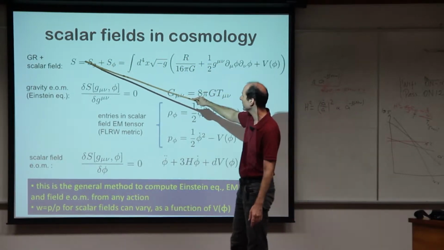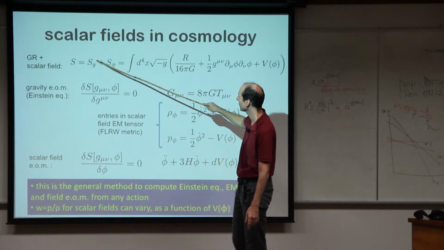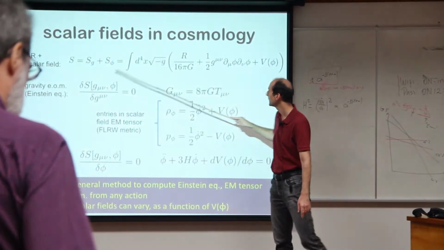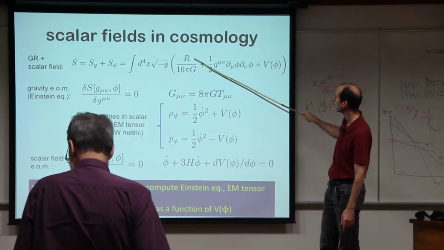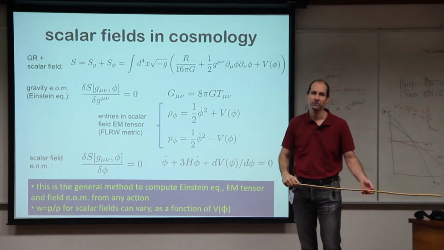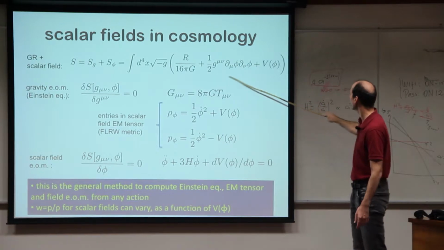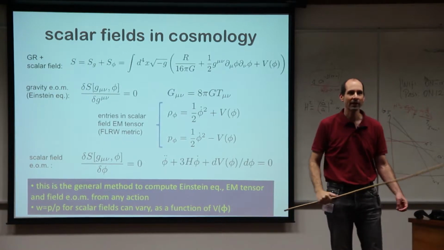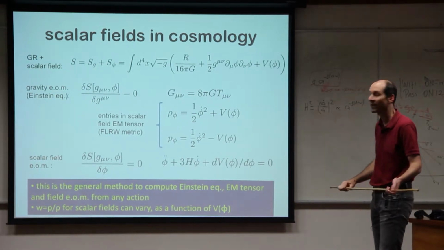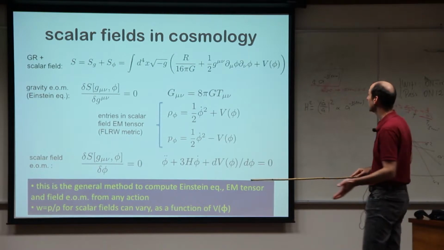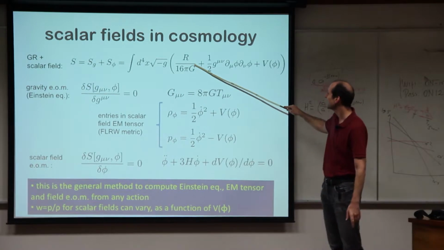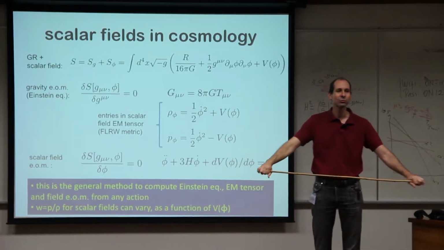And so I hope you have all brushed up on your variational calculus and your GR, action formalism for GR. So what we do is we say that the total action for the universe is the gravitational action and the matter action. And for matter here I put in the scalar field, and we can simply add them. And the gravitational action is called the Einstein-Hilbert action, and is simply given by R. And this is the action for a scalar field that you had in your quantum field theory classes, or your classical field theory classes, because today I'm not explicitly doing quantum field theory, just classical field theory.